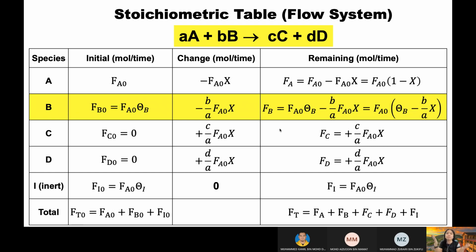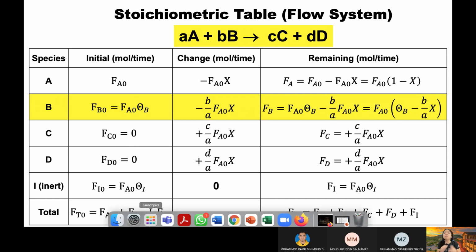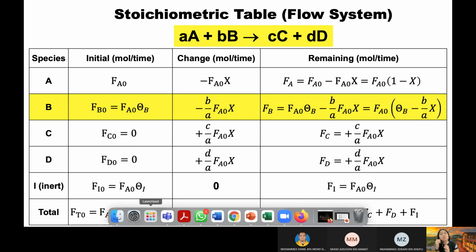Kenapa 3 column? Sebab kita nak buat mass balance kan. So the first column will be initial. Kita nak tahu how much the molar flow rate initially in. Kan mass mesti ada in, ada out. So first column ni to address berapa bilangan mole ataupun molar flow rate originally before the reaction takes place for